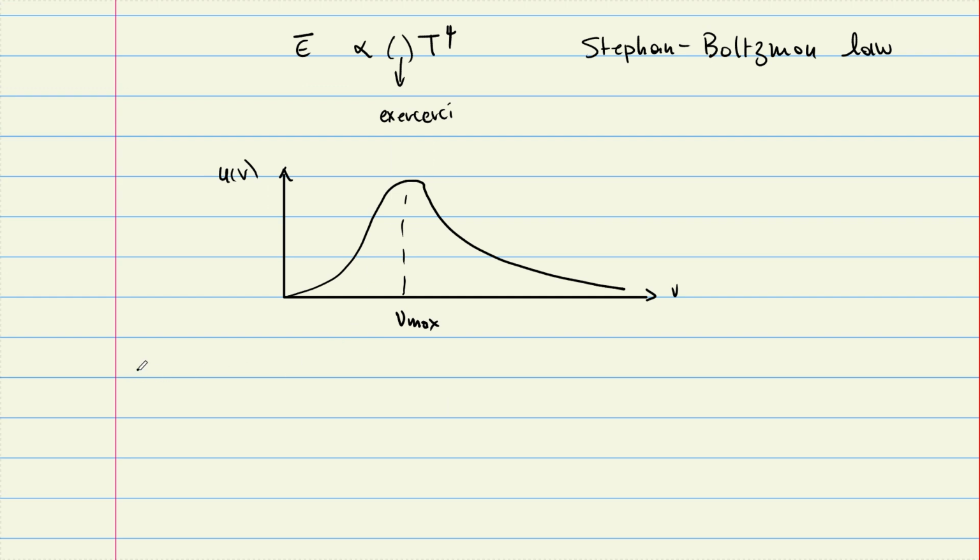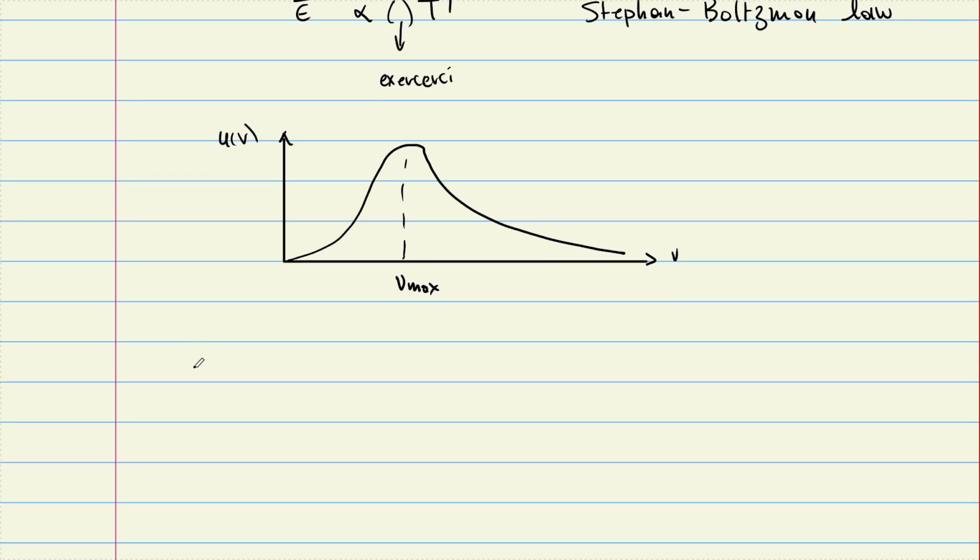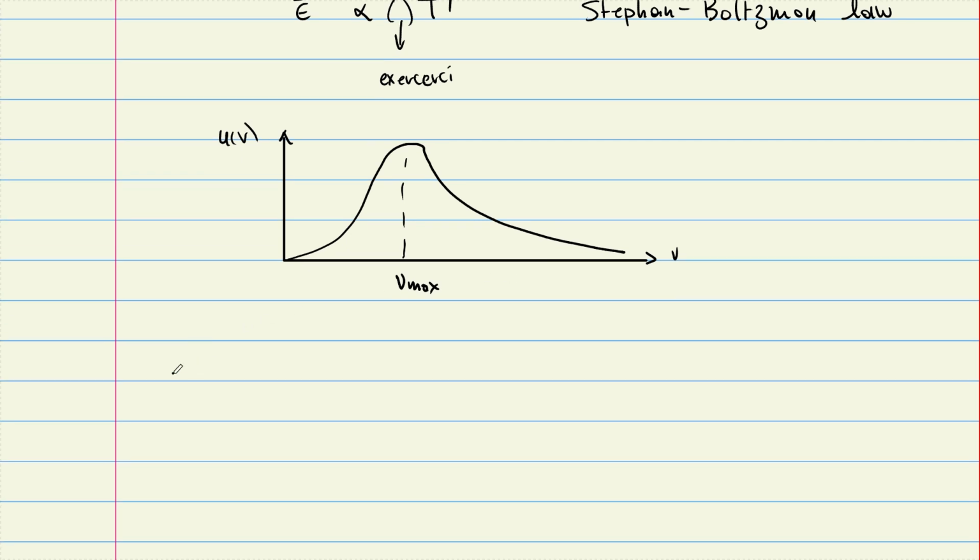Let me write it in a brief way and summarize it for you, but you can calculate it for yourself. So this u of nu is going to be, let me use some new variable z. So this is going to be z cube over e to the z minus 1, it is not exactly, but it is proportional, where z is equal to